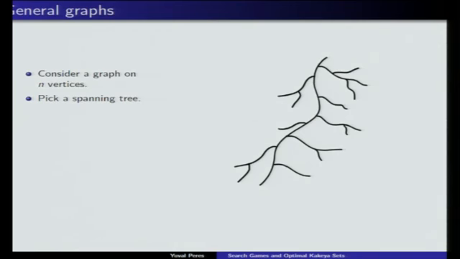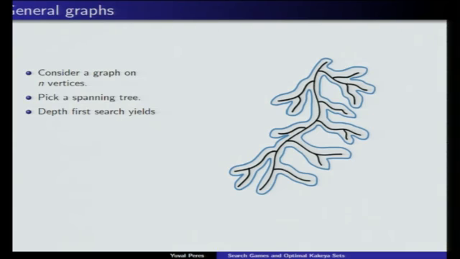Now let's see that there's an upper bound of n log n that applies for all graphs. And the reason: in any graph on n vertices, of course, I'm just talking about connected graphs, you can pick a spanning tree and look at the depth first search on the spanning tree. So this is a path that traverses the whole spanning tree. Every edge is crossed twice, once going down and once going up. So it's illustrated here, right? So this depth first search will traverse the whole spanning tree in about 2n steps, and